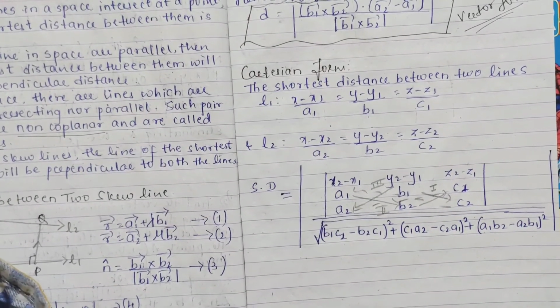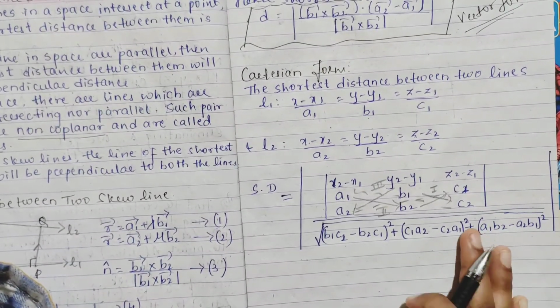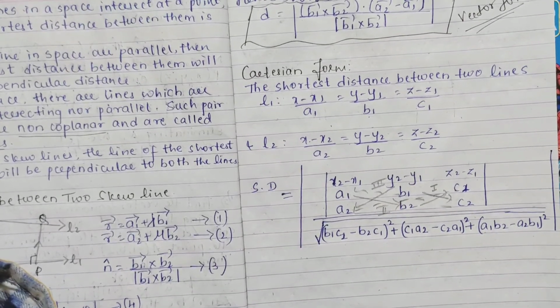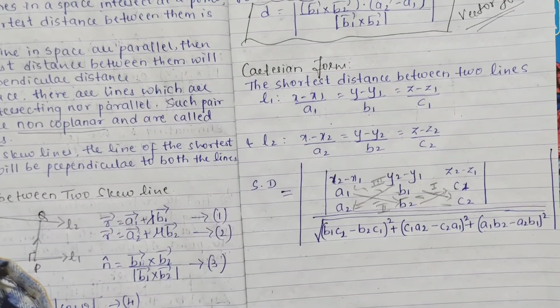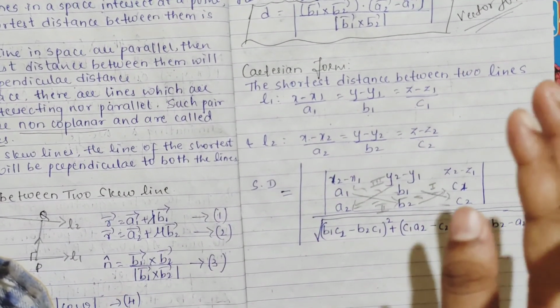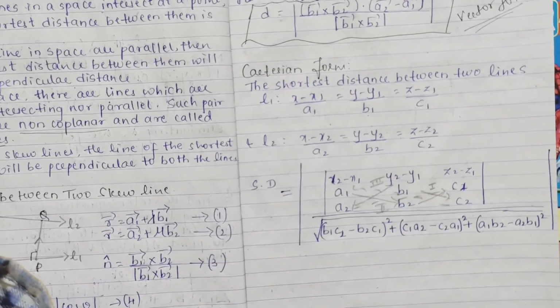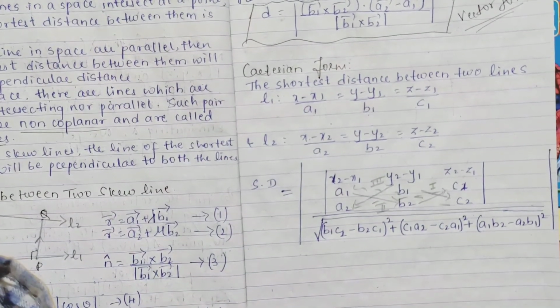Distance between parallel lines and examples, the exercise part we will do in our next class. Okay, I hope it is clear. Just focus on your formulas, do that, then your questions are very easy. They'll ask you directly the vector form, Cartesian form, equation of a line through 2 points, between skew lines, they'll ask like this. So just remember these formulas and write everything whatever I have said.